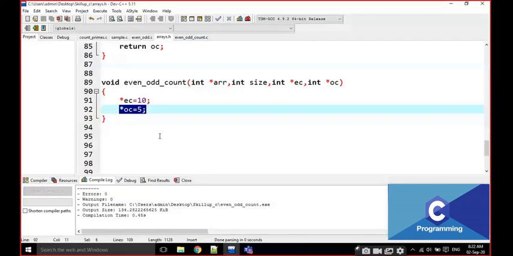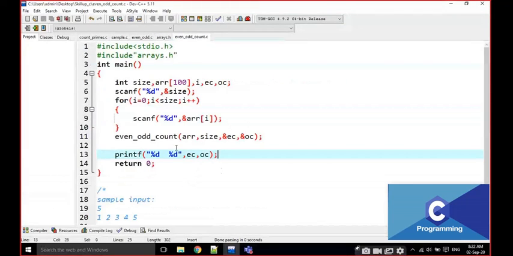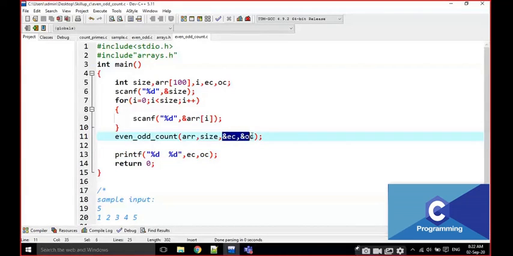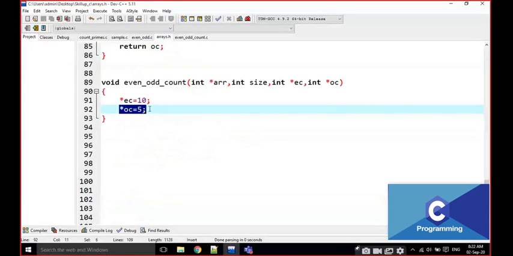That's why if you modify in the function definition, the values are modified in the main function also, because these are passed by address. Is it clear or not, everyone?